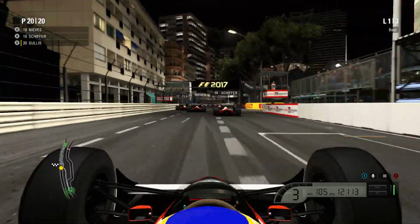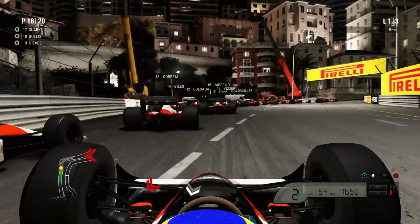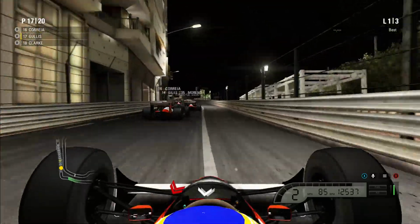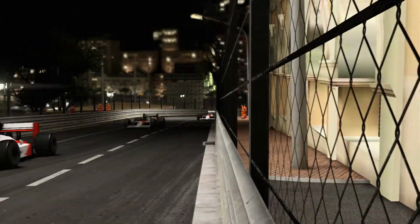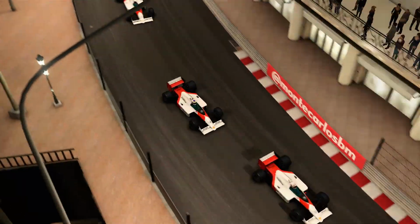We've got Schleifer in front of us. All these cars are exactly the same. The 1988 McLaren, so it's going to be nice to see what we can do against drivers similar to the difficulty that I'm set on, 95 difficulty at the moment. And yeah, just going to try and make a few overtakes on this Monaco Grand Prix circuit, and